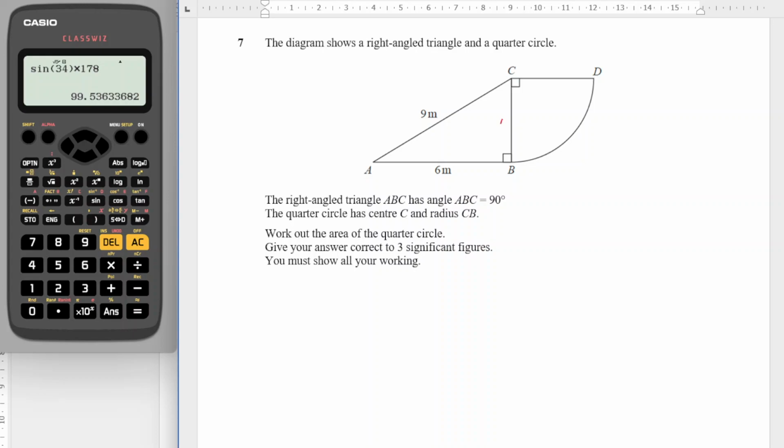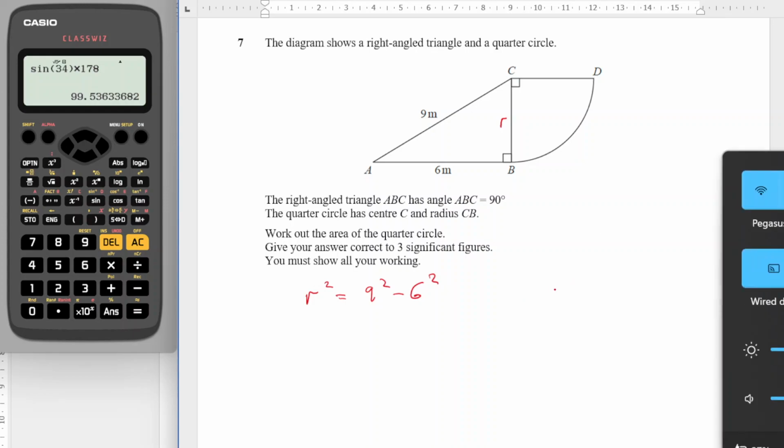If I call this length here R for now, we need to use a right angle triangle involving 3 sides, so it's going to be Pythag, and we're trying to work out the shortest side, so R squared is going to be equal to 9 squared minus 6 squared. And then I'm not going to go to my calculator just yet. I'm going to go a bit fancier. Well, not fancier, but the area